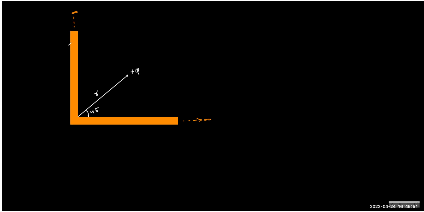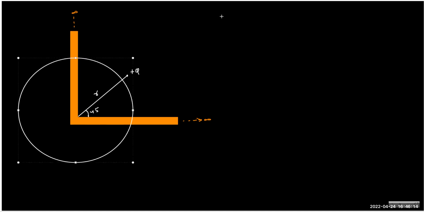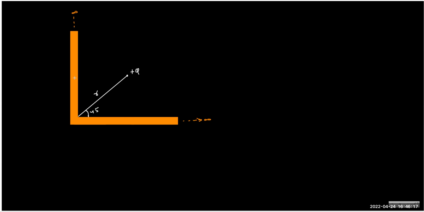You have to think of these as mirrors. I haven't taught you geometrical optics, but from the mirror concept, if we have two mirrors at a right angle, it will create three images, and all images will be on a circle of radius r. That's the whole idea. For two inclined mirrors, the images will be on a circle of radius r, and the point of intersection of the mirrors will act as the center. That's simple.